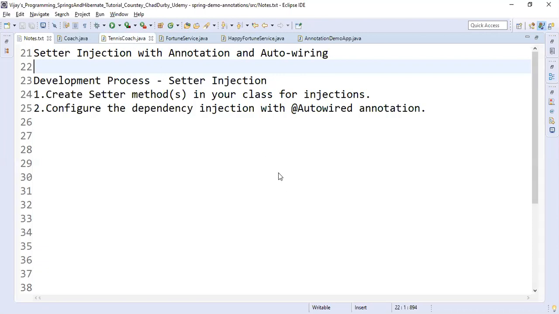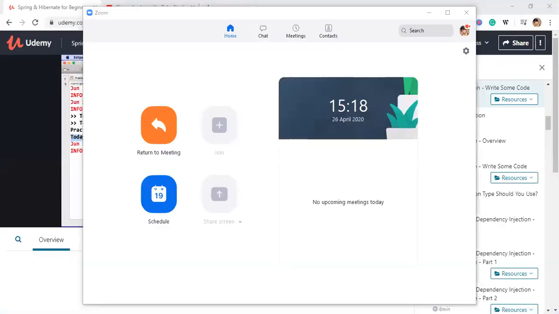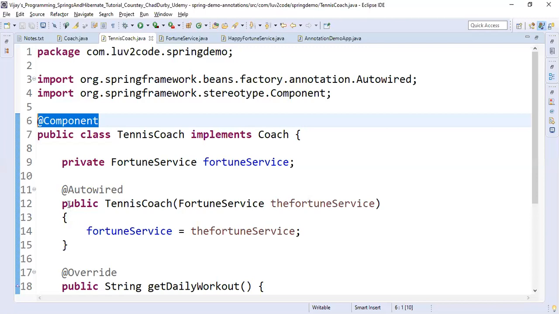Go to the TennisCoach.java, and here first of all we are going to comment out this constructor injection.